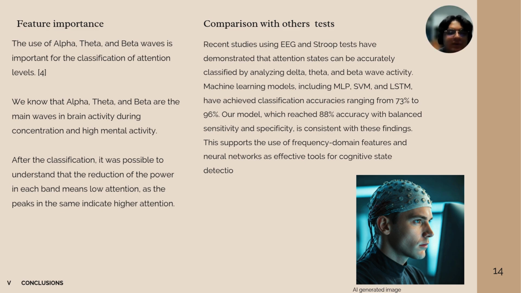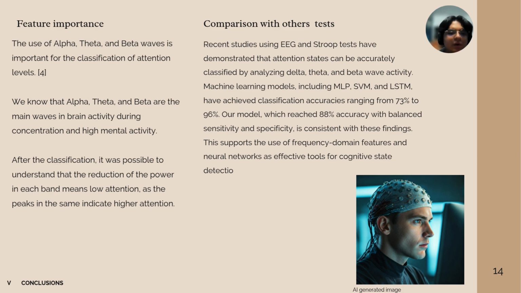First, let's focus on feature importance. Alpha, theta, and beta waves play a crucial role in classifying attention levels. These bands are known to reflect concentration and mental activity. After classification, we observed that a reduction in power within these bands corresponds to low attention, whereas higher peaks indicate